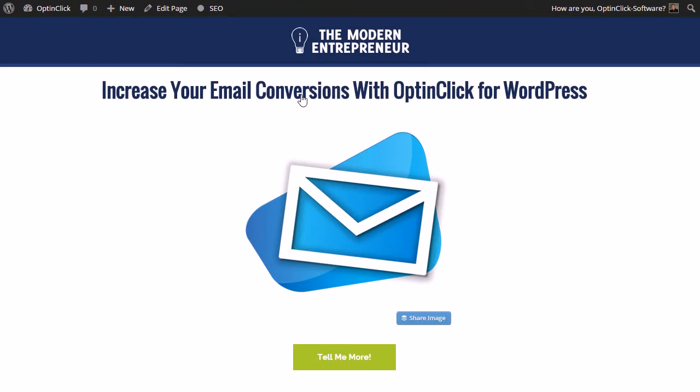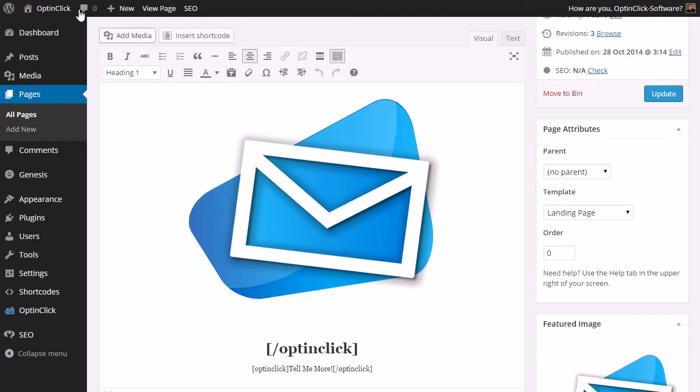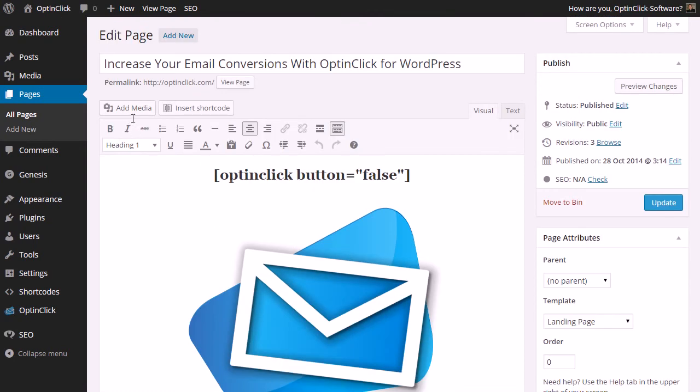So you might think that would be a challenge to create, but it's actually quite simple. This is really just an image, and this is a button that's generated by the plugin. And if we go over to the post page to see how easy it was to create, literally all we've done here in the WordPress dashboard, we've gone to the post editor or the page editor, and around this image we've uploaded the image through the media manager as usual, and just around it we've added the Optinclick